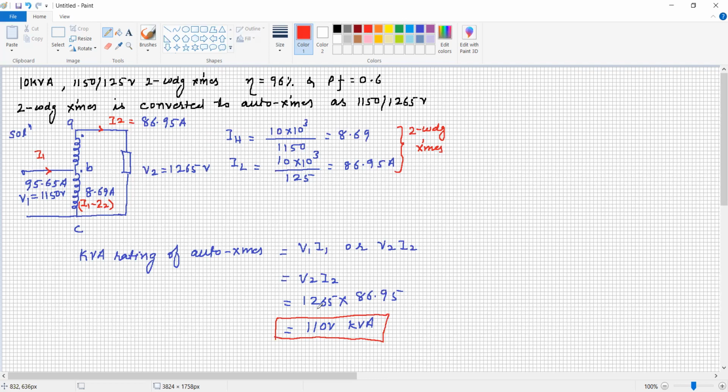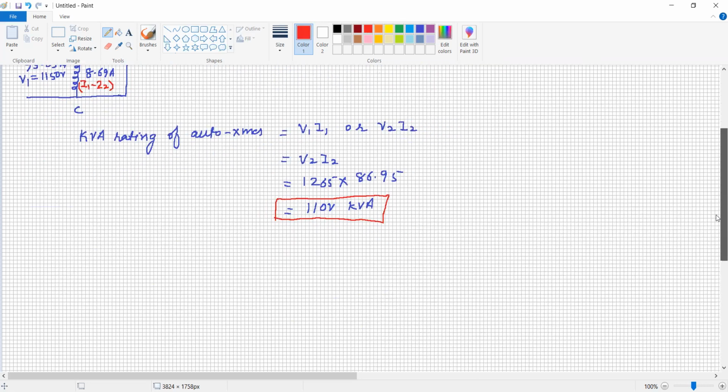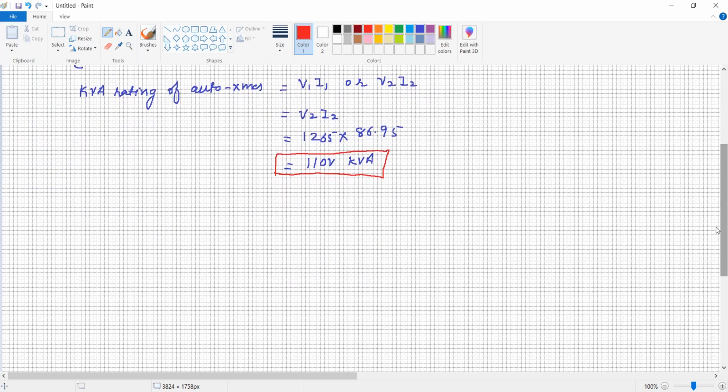Okay. Now, second is estimate the power transformed in kilowatt by auto transformer at full load unity power factor. Okay. Next parameter is found. This is one assignment question from NPTEL course. So the estimate power transferred, power transformed in kilowatt